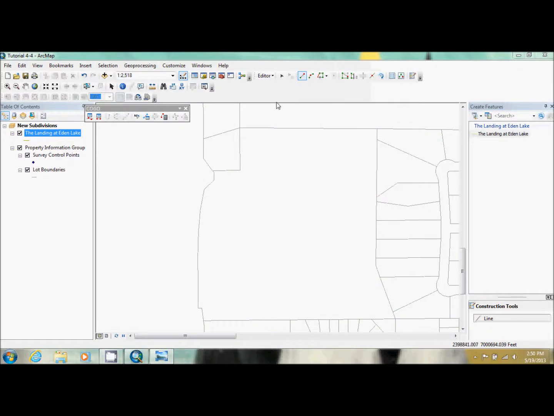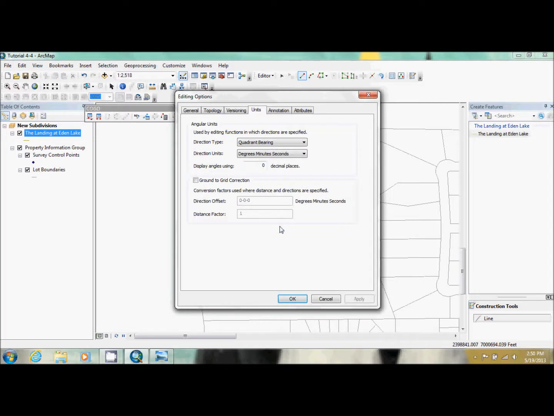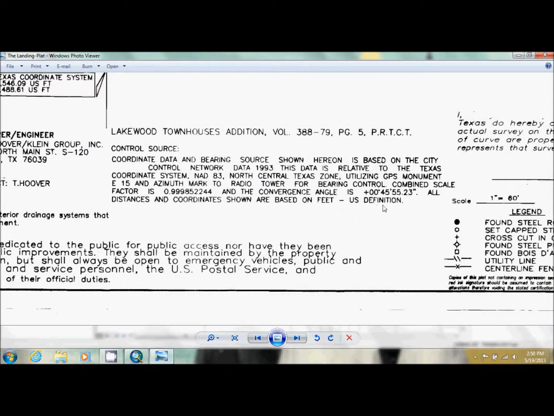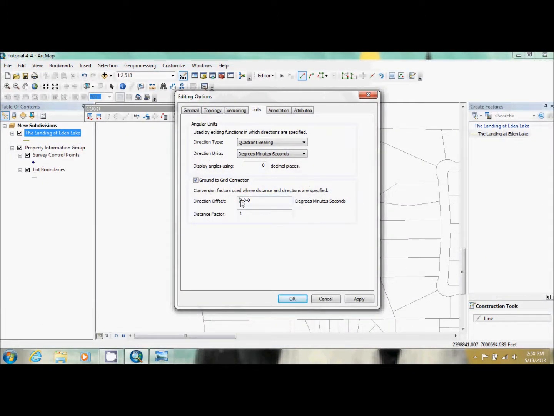So we're going to go back to editor, and we're going to go to editing options. What we're going to do is ground to grid correction. And that's where these offsets come into effect. So we're going to put those numbers in right now. So it's 0, 25, 55,